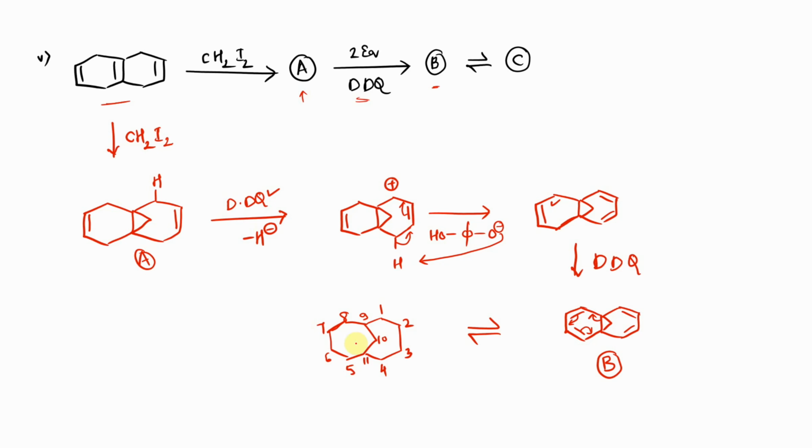So what has happened is, instead of having a ring structure like this, we have split the structure. As a result, we have a 7-membered ring, 1, 2, 3, 4, 5, 6, 7, and a 6-membered ring. So this is the structure of compound C. This is the answer for structures A, B and C. I hope you have understood this example.